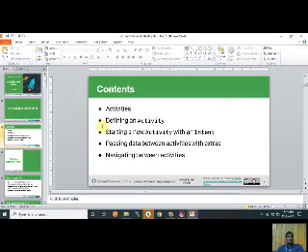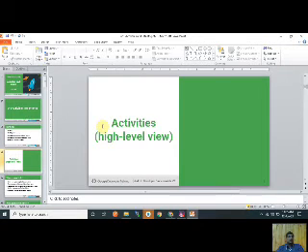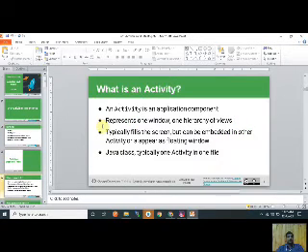So now first we discuss activity, a high level view. So what is an activity? An activity is an application component that represents one window and one hierarchy of views. It typically fills the screen but can be embedded in other activities or appear as a floating window. And it is the combination of a Java class and an XML window, typically one activity in one class.